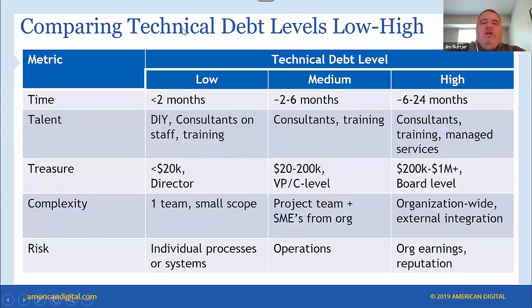So, in an atypical fashion, I'm actually going to put a line in the sand here to give you a sense of the order of magnitude of scale of technical debt. This is not from any particular authoritative source. I'm giving you our experiential boundaries, orders of magnitude here. So on the low end, if you can fix a technical debt issue in anywhere from a few days to less than 2 months on average, with a small amount of money, let's say a few $1,000s to maybe a couple tens of thousands, and do it at a managerial level, that's probably a low level of technical debt.